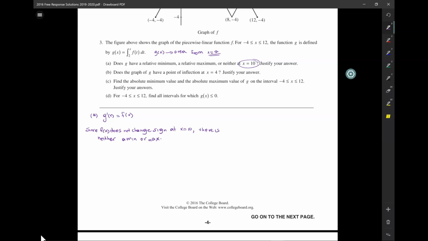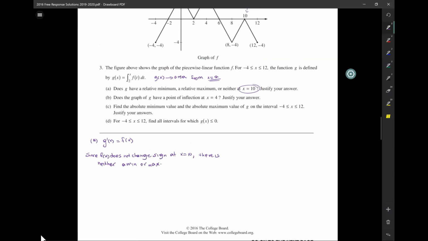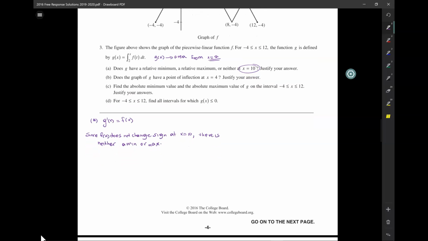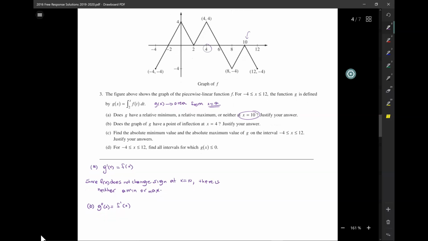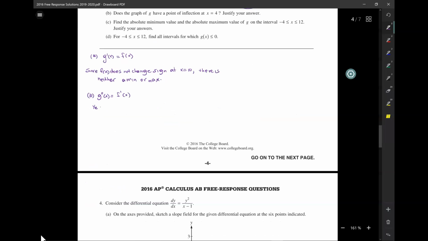Part B: does the graph of g have a point of inflection at x equals 4? Well, now I want g double prime, for point of inflection. G double prime of x is equal to f prime of x. So let's take a look at f prime of x at x equals 4. Does f prime change sign at x equals 4? F prime is the slope. Yes, it does. So yes, there is a point of inflection because